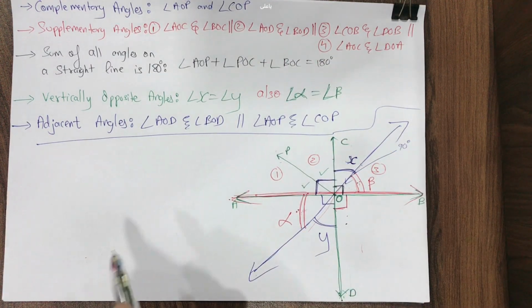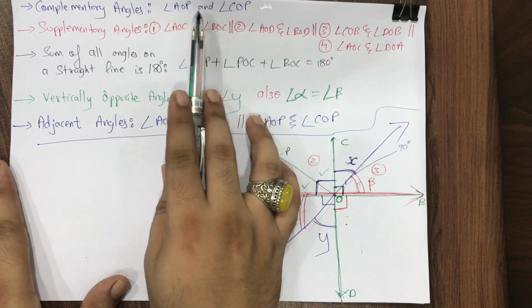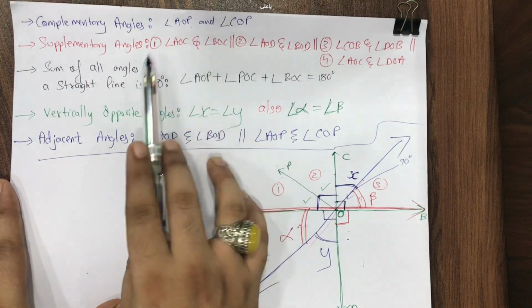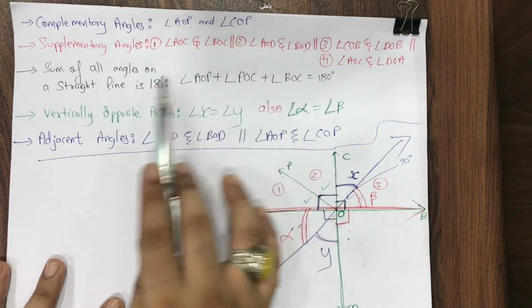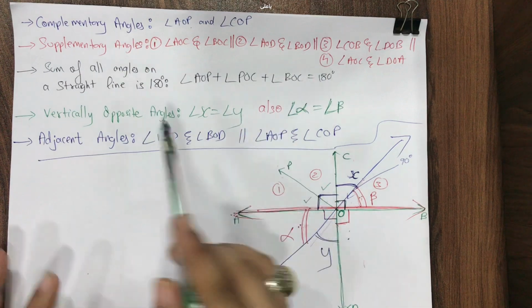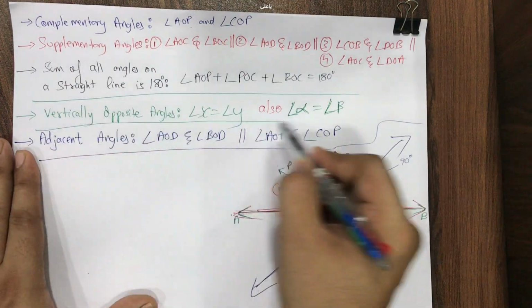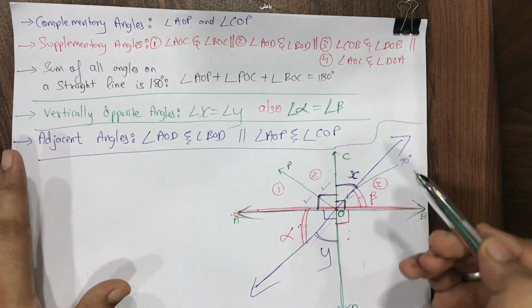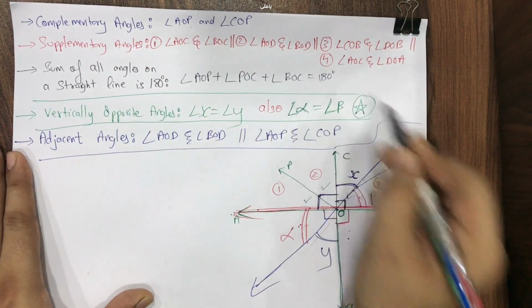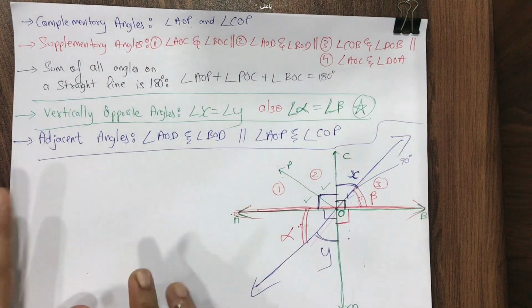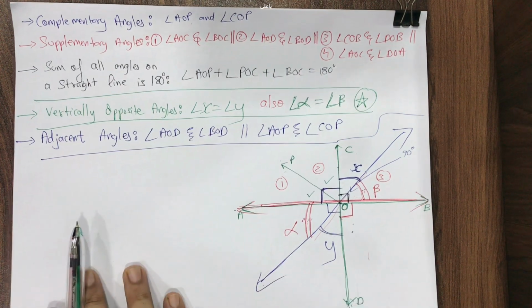Okay, over here complementary angles are not equal. Complementary angles are those angles whose addition is 90 degree. Supplementary angles are those angles whose additions are 180 degree. Okay, sum of all the angles on straight line are 180. Only in vertically opposite angles we say if the given two angles are vertically opposite, we say that they are equal. Equal का concept we have only with the vertically opposite angles, and these are adjacent angles, बाजू बाजू वाले angles. That's it. They are not equal. Okay, this is very important, students.